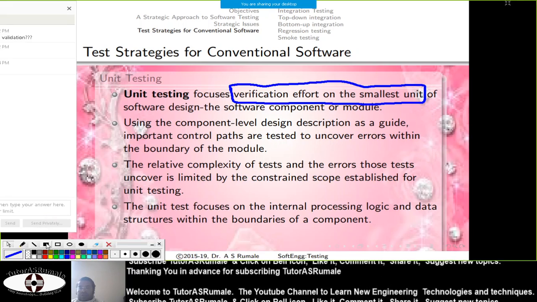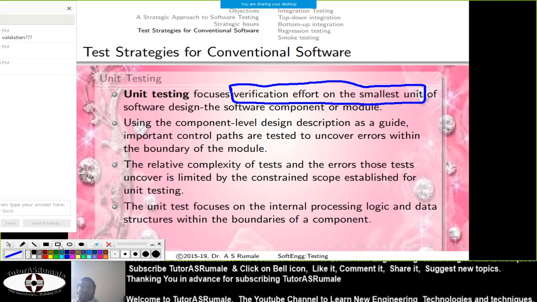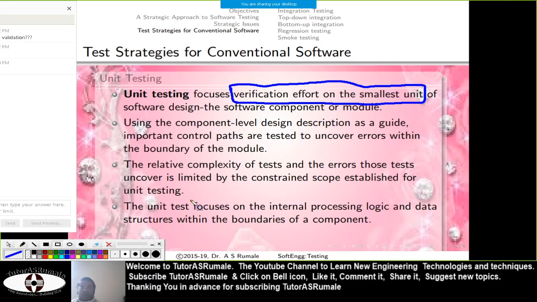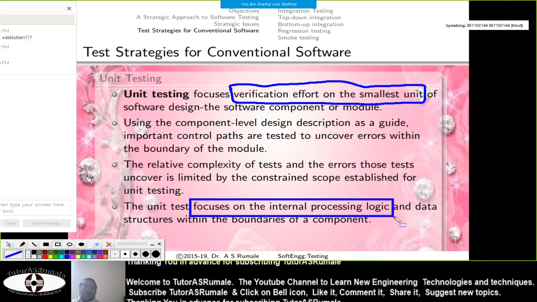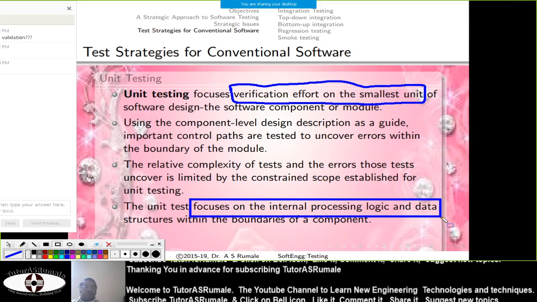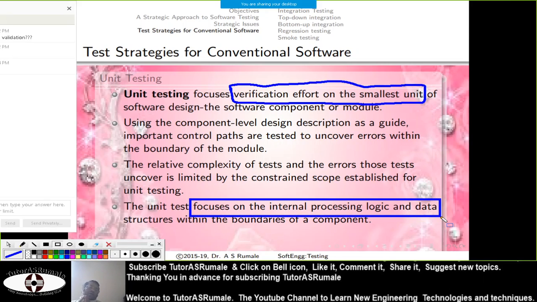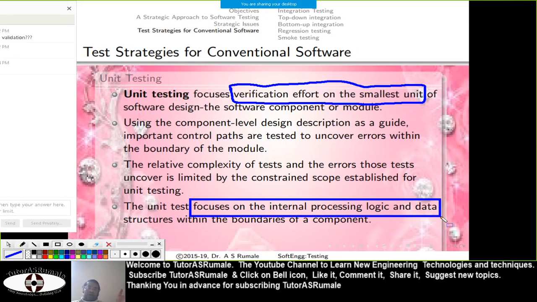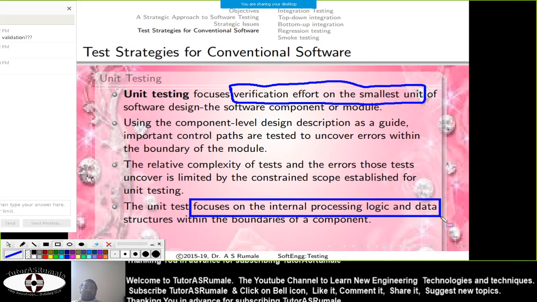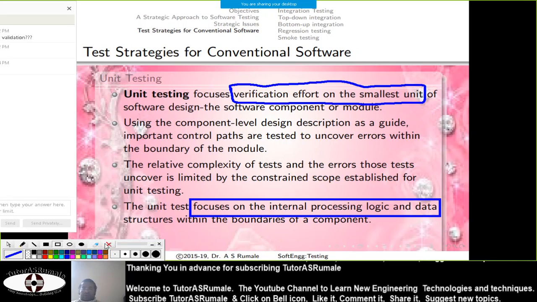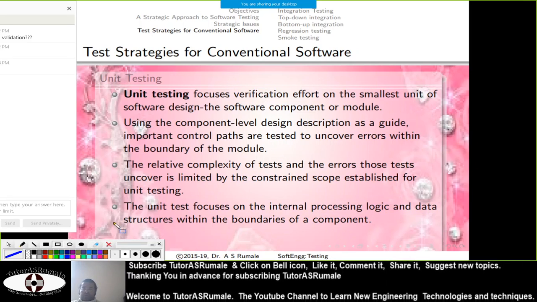So what is internal processing logic? Whenever you write some code, you actually have some algorithm or logic in your mind, and according to that you write that particular code, and according to that you use the data. And when you are using the data, you require databases and data structures. So unit test focuses on that also. Okay, so when you are doing this unit testing, you require to do these things.